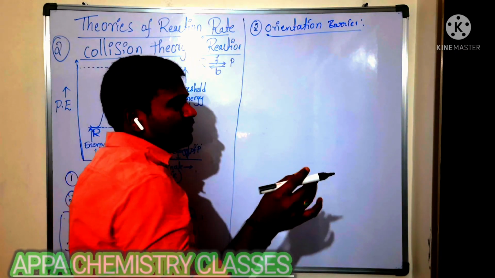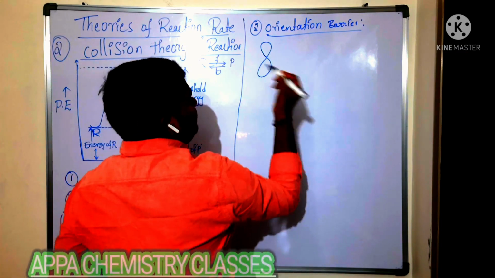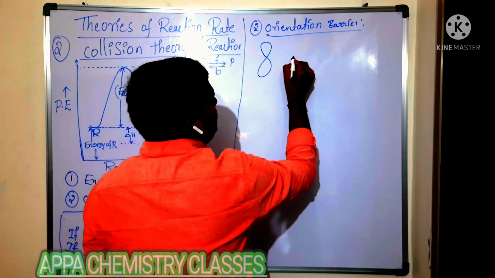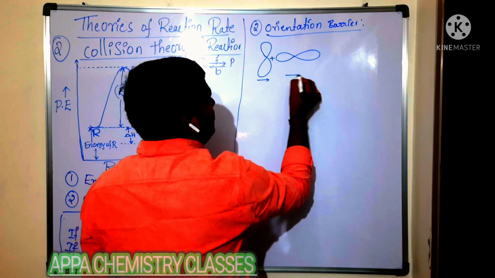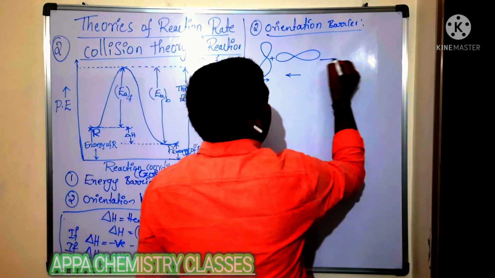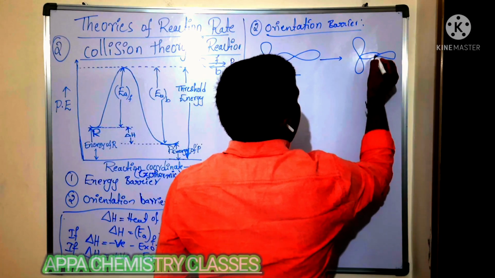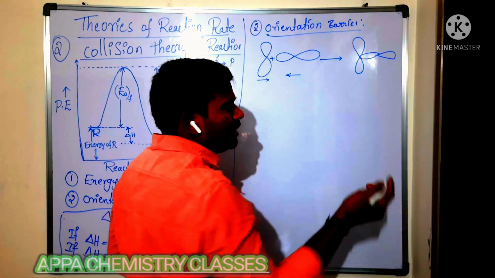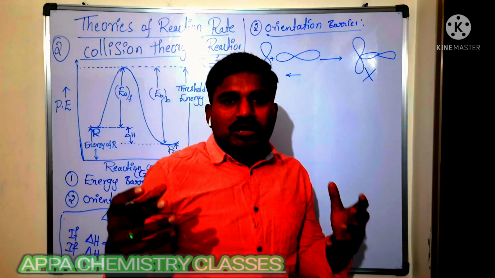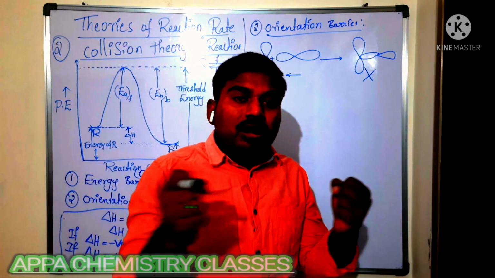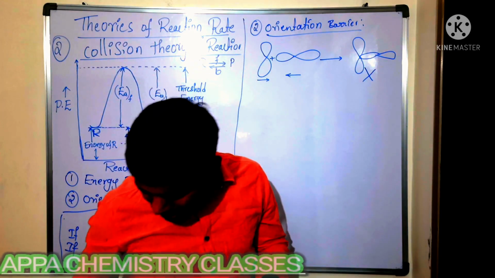So why are they not converting into products? We will take water, simple. I will give it diagrammatically. This is one atomic orbital, and this is another atomic orbital. These two are orienting. This is coming in this direction and it is coming in this direction. So will they overlap in the proper direction? It is an improper direction. So these two atomic orbital containing atoms are not overlapping in a proper direction. Then no product formation takes place.